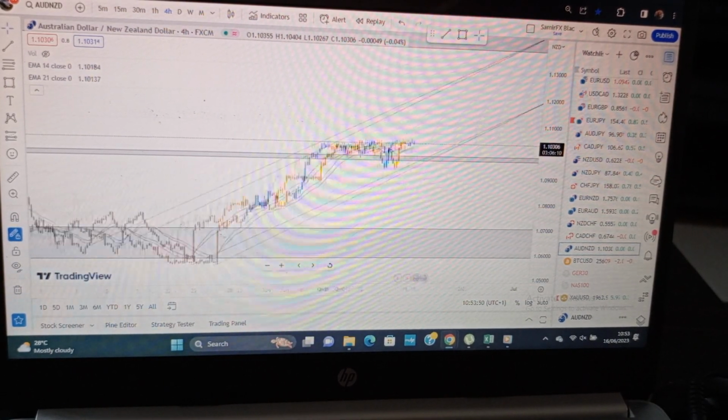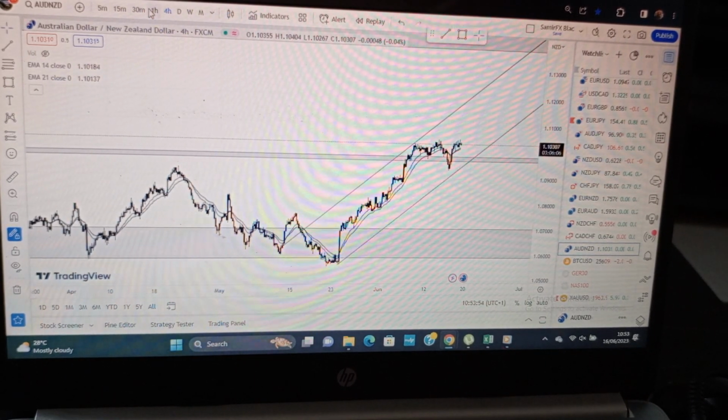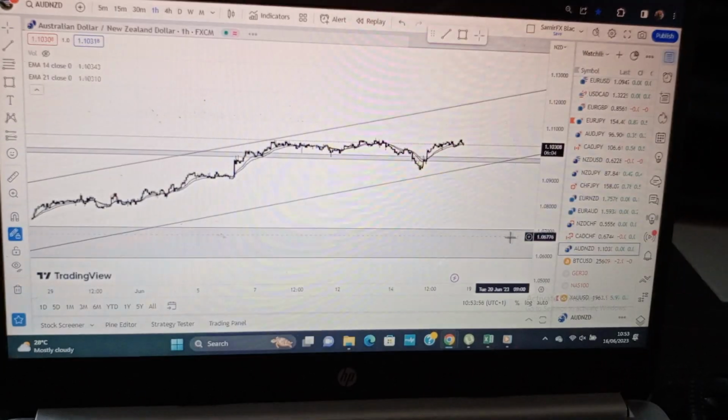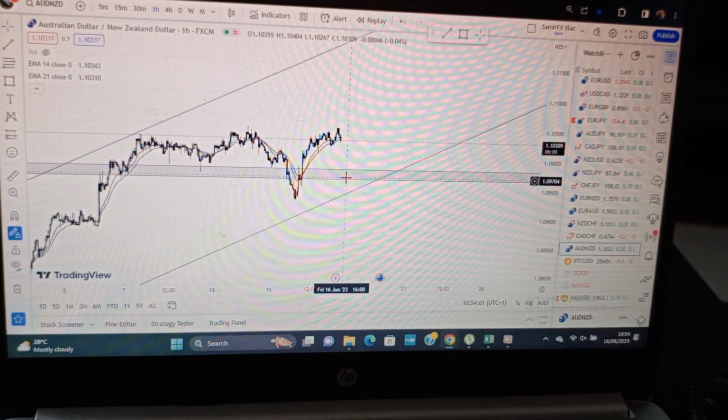Okay, you enter your trades on the, let's say, 1 hour or 30 minutes or 15 minutes, as the case may be. Because if you try to enter your trade